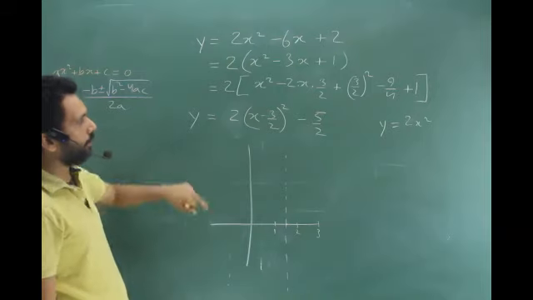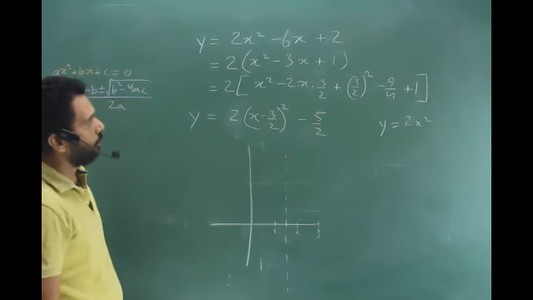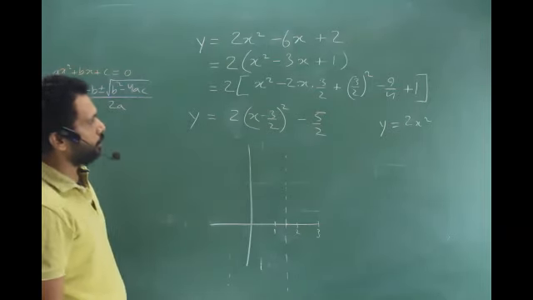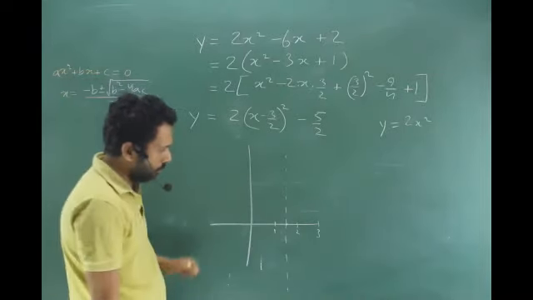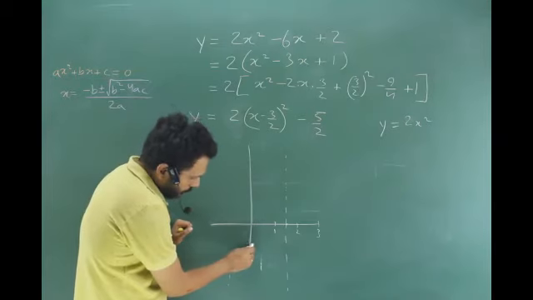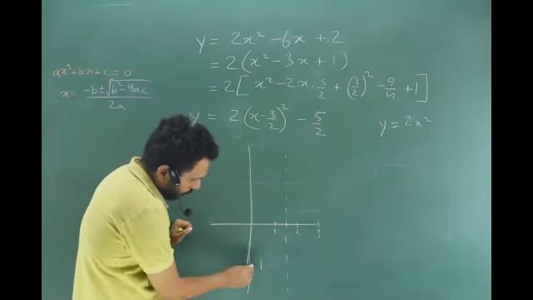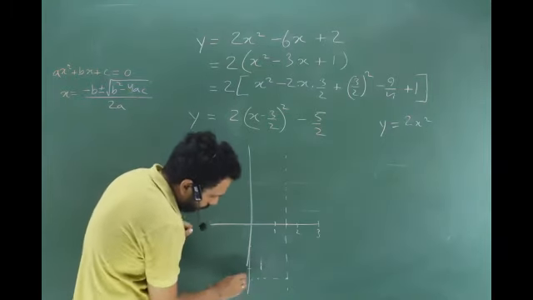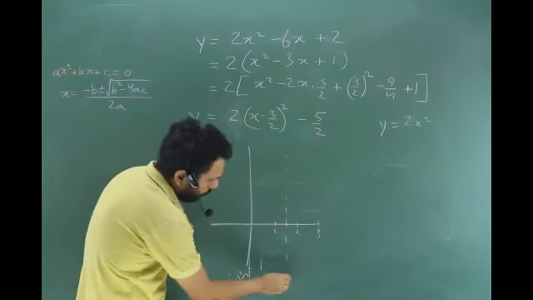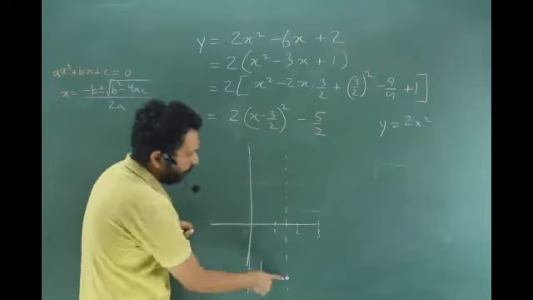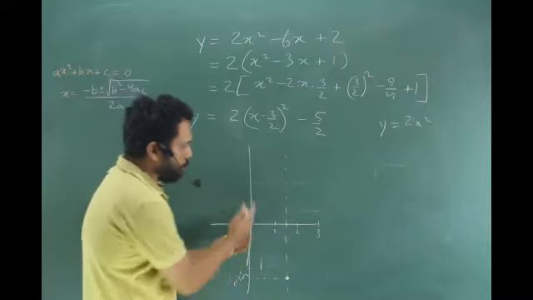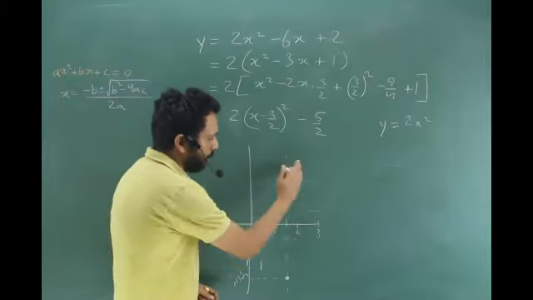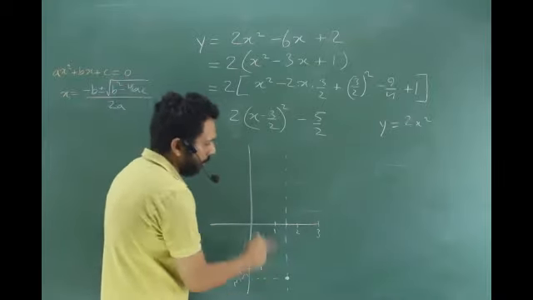Yes, sir. And then what will be the deepest point? The whole graph drops by 5 by 2, right? So the deepest point will be at minus 2.5. So 1 is here, 2 is here, minus 2.5 is somewhere here, minus 5 by 2. So we have a hold of this point, so we can hardly go wrong. But before drawing it, which is going to come very steep because of this 2 thing,